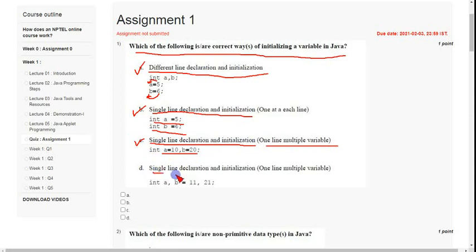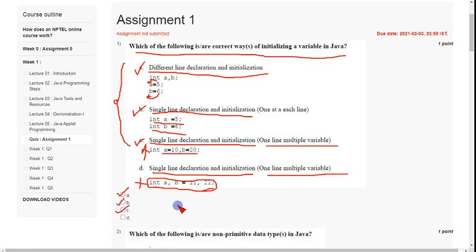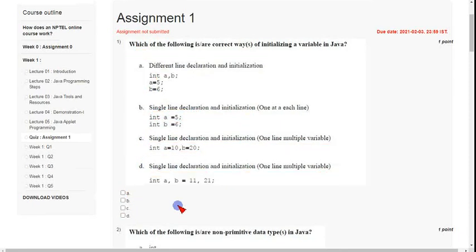And fourth one, single line declaration and initialization, one line multiple variables, it is different from the third option. Here int a, b = 11, 21, this is not valid in Java, so this is a wrong answer. Only the first three options are correct, so mark A, B, C as correct answers for the first question.